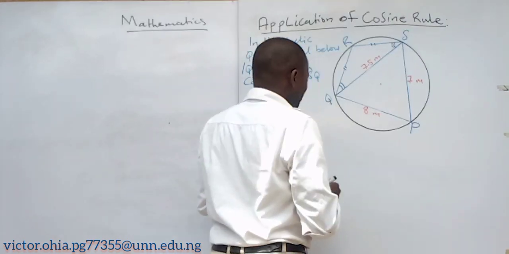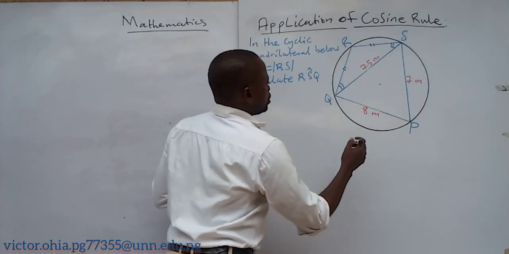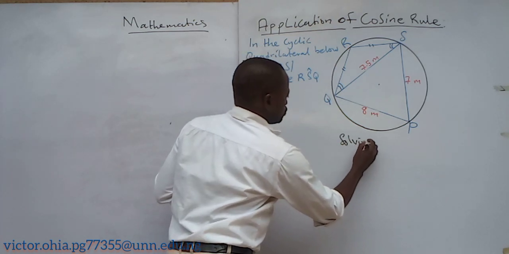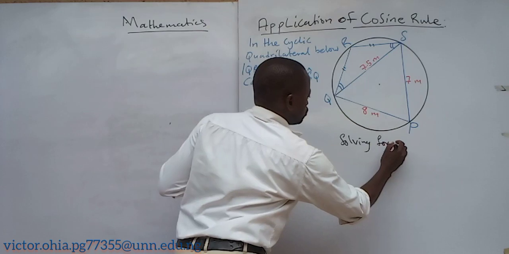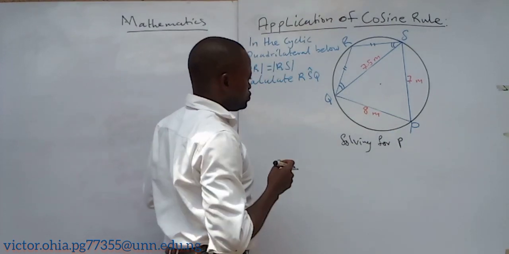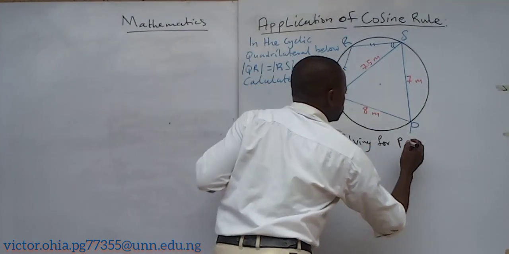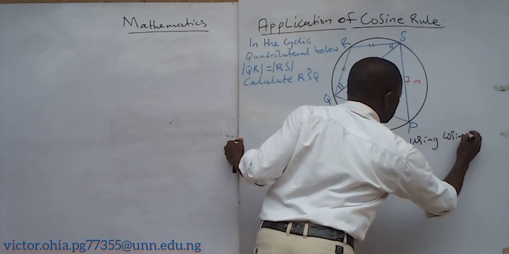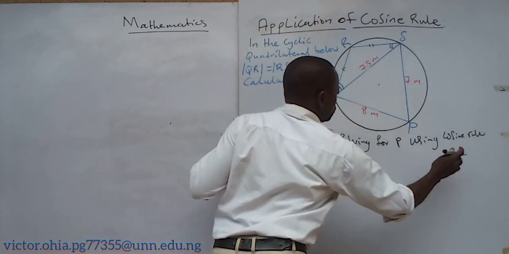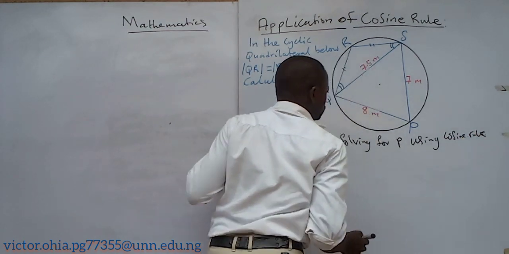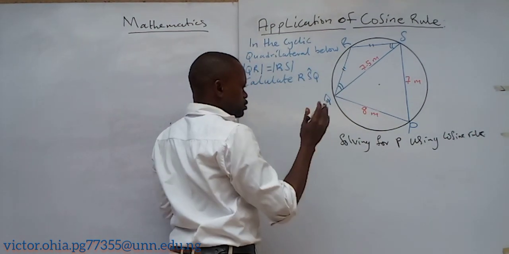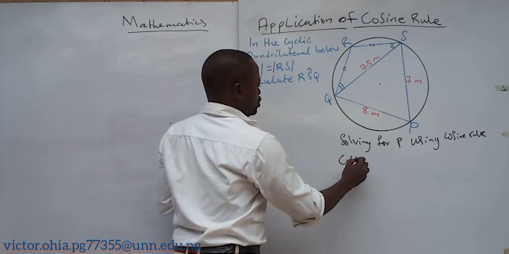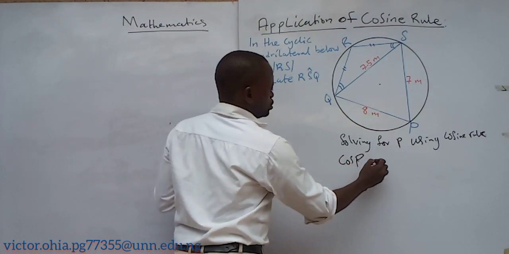So let's go. Quickly, I will say solving for P. Okay, solving for P using cosine rule. I will state that cosine rule: cos P is equal to